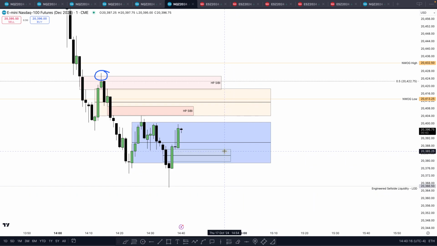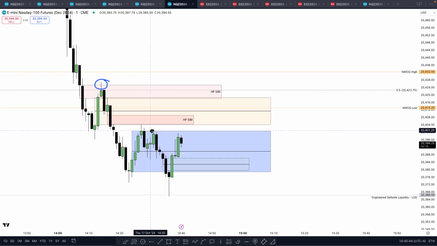Balanced price range, sell side delivery, buy side delivery. If we close above this before returning to this, I wouldn't want to see it get down to the BPR again. It should be balanced, right? And it would be in the lower half of the breaker. And I'm using every consecutive candle's body, 224, 225, 226, 227, and then 228, we have a down close candle, so it ends there. Okay, but if we do close above, this should be a high probability bullish breaker. Okay, now